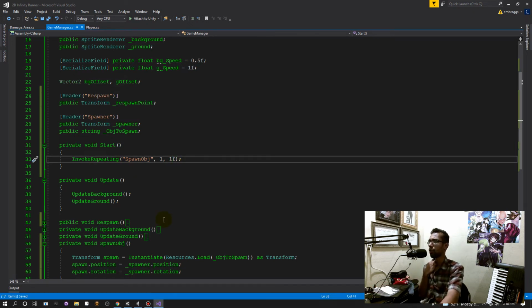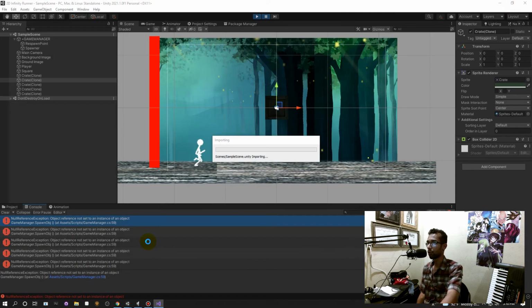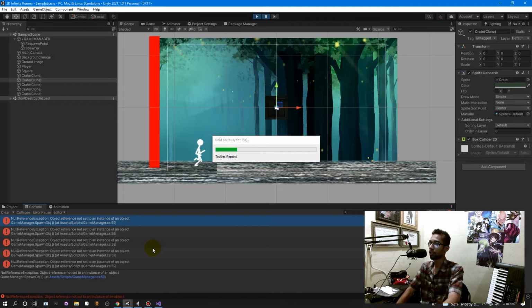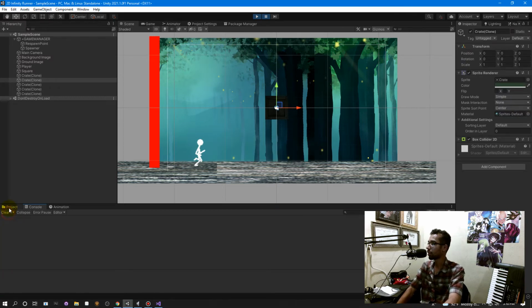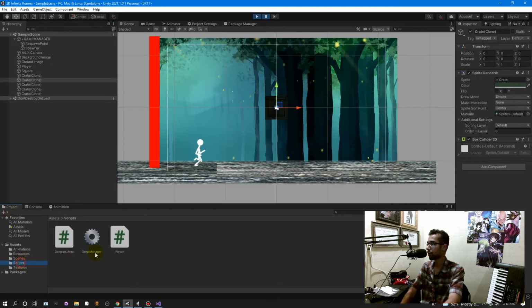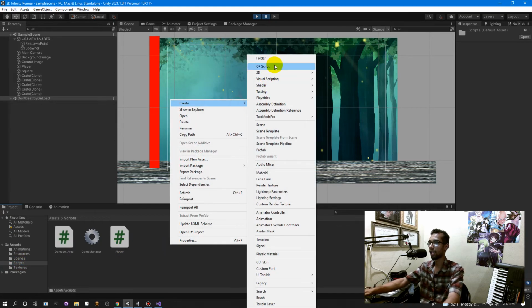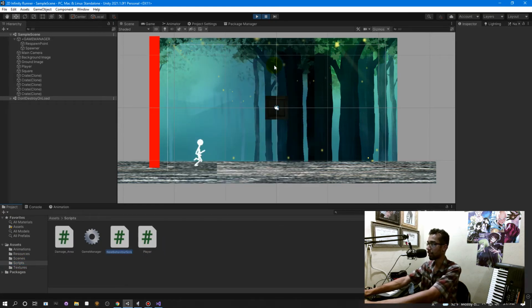All right, so we'll create a separate script for our movement. That way it's not going to be doing this. All right, so this shouldn't take too long. If it does, oh my god, but it shouldn't take too long. So we're going to clear all those, go over to our project, find our scripts folder. We're going to right click, create a C# script, and we're going to call this